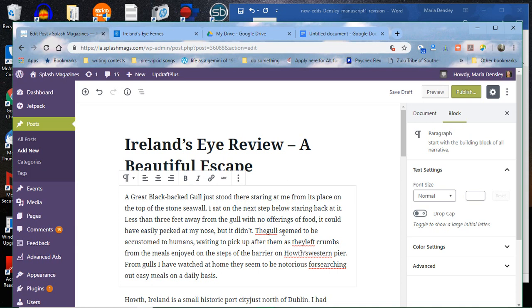And so another option is to either paste it in Notepad, which takes away all the formatting, because the problem is that Word and WordPress don't like each other, basically, unfortunately. So you can either just type straight into the publisher, which is fine. You just have to make sure that you're going to be saving your draft periodically just to make sure you don't lose anything. Or you can